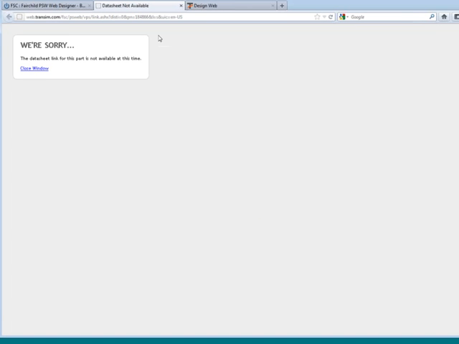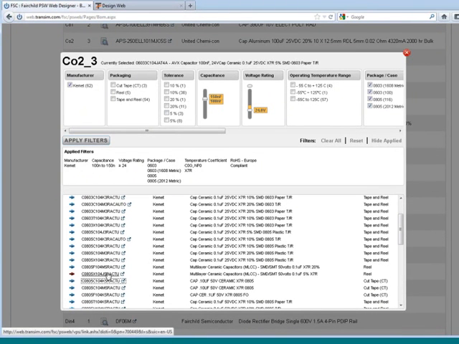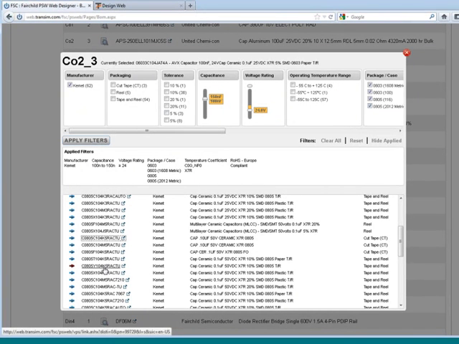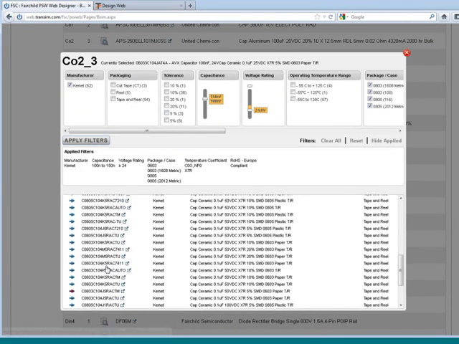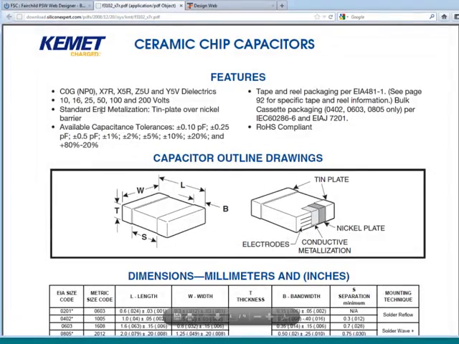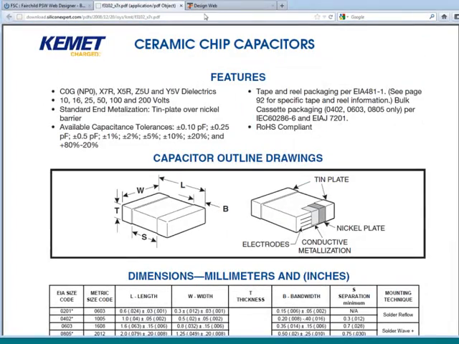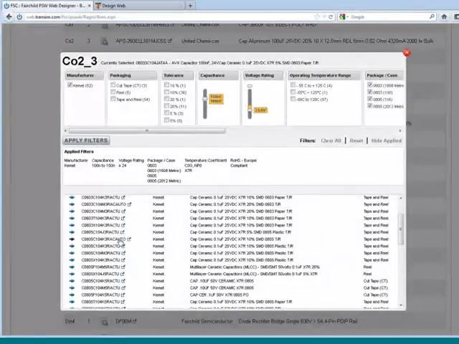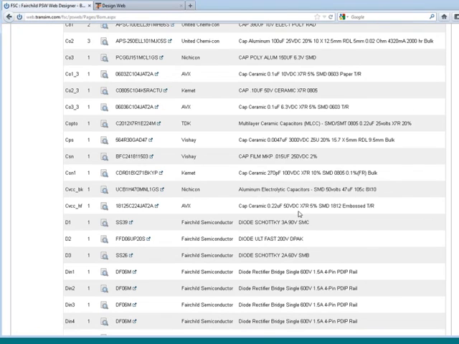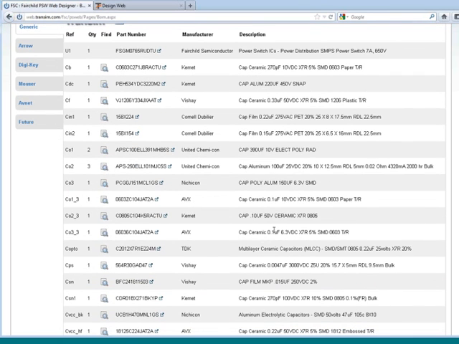But before I do that, I want to do a quick check of it. I don't have a data sheet for that one. Sorry about that. Let's try a quick check of one of these components. Let's go down to, let's see. Let's try one of these. If I click on one of these components, I can actually get to the data sheet for the component when it's available and get more information about that part. But again, I'm going to go for one of these cut tape parts because I know availability is usually better on the cut tape parts and for small designs. And so I'm going to select that one,